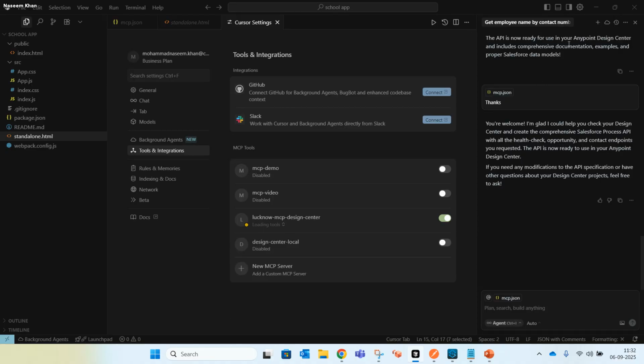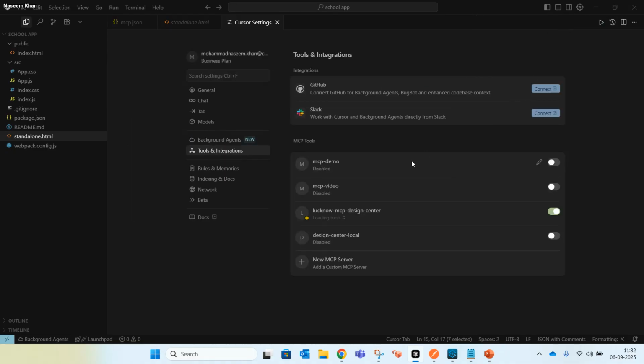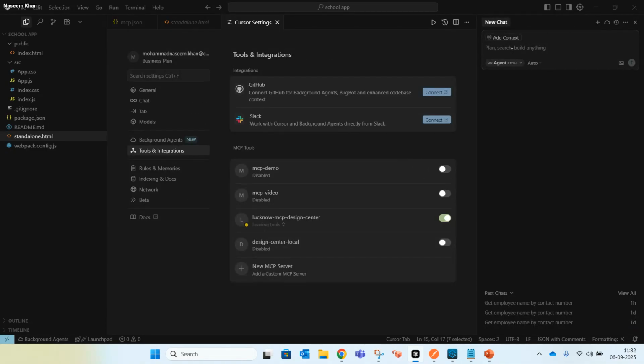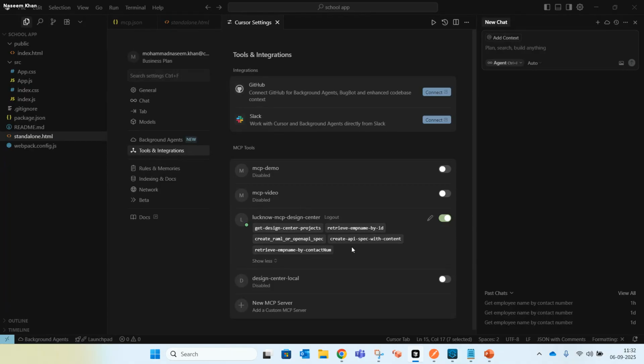Now if you open the chat window, and we can use Control L, you can see these 5 tools enabled, right? And we can disable them here as well. Now you can see 2 tools enabled. Currently I'll just keep it enabled.